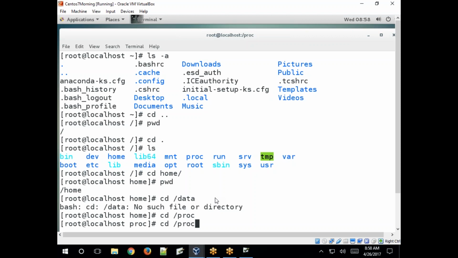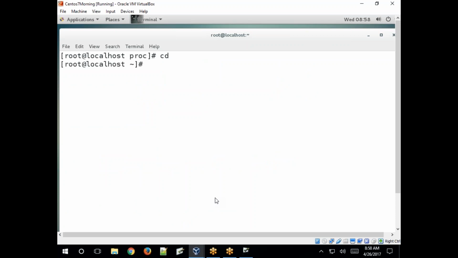Here two types of paths are there. One is absolute path, one is relative path. Tomorrow we will see that: what is the path, what is a relative path and what is an absolute path, and how to create links, what is a hard link, what is a soft link. So cd changes directory from one directory to another. pwd is the command to print the present working directory path and location. Okay, understand? Is there any doubts up to here?